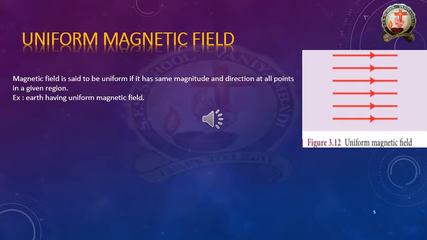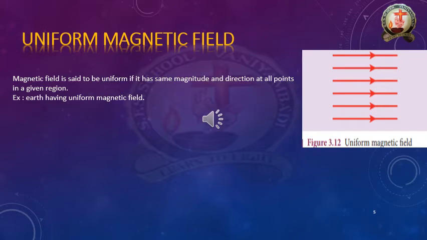Okay, magnitude means the size of the line, how much size is there. You can easily identify that in the figure. All the lines are the same size, the same length, all are equal, you can observe. So all the lines are equal, that means the magnitude is equal. In direction, all the lines are moving in only one direction, the same direction, correct? You can see the arrow marks. So the magnitude is the same, and the direction is also the same.